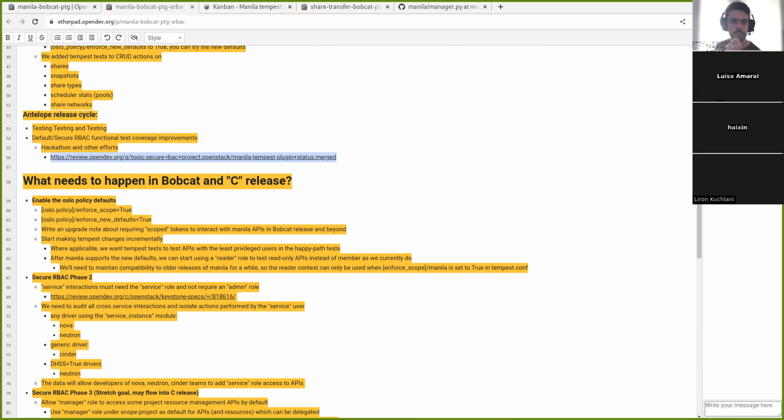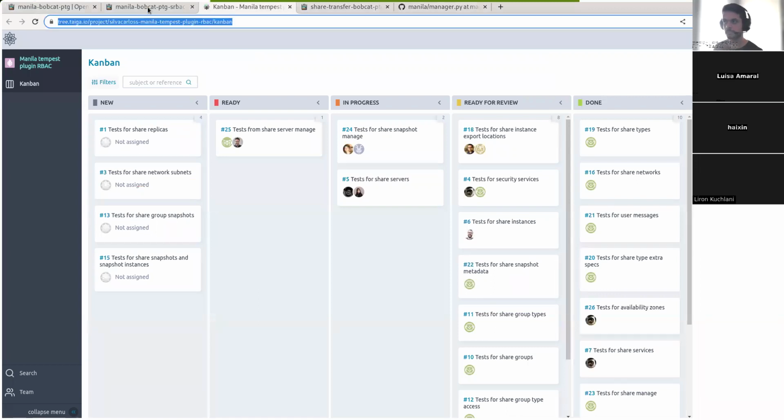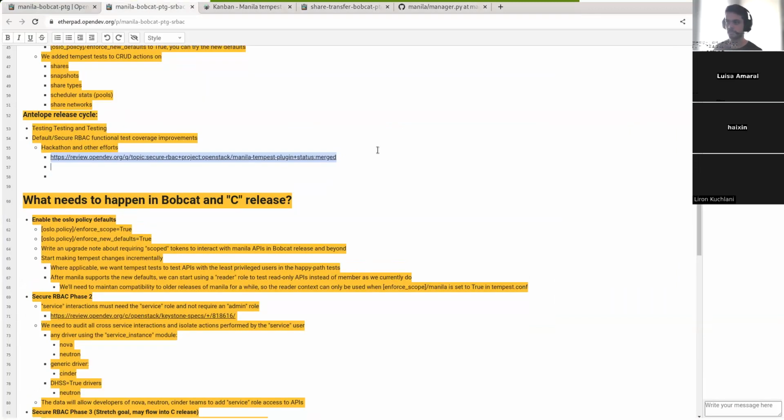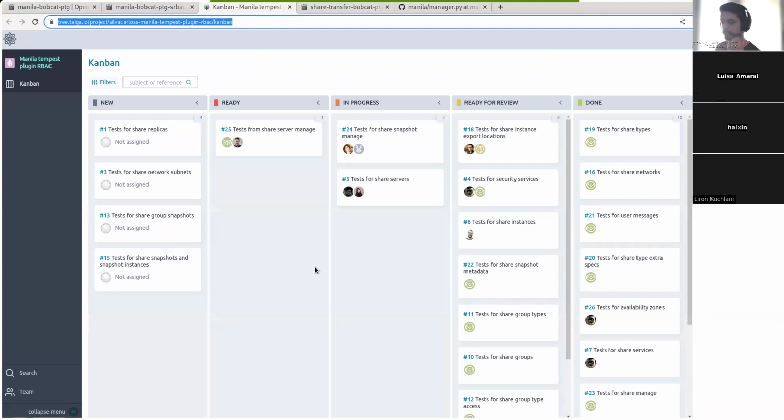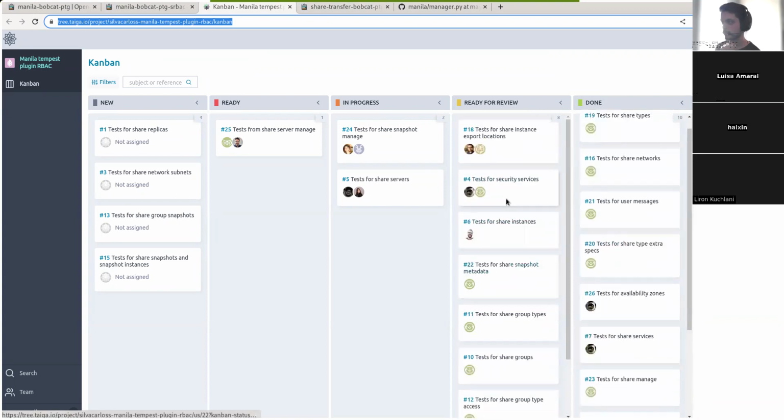I think there was another link to the Taiga board that was tracking this. Just copy that from. And yep, so that's the Taiga board. As you can see, a lot moved to in progress and done and ready for review. So we still have a lot to review and wrap up. As we keep making more API changes and introducing new policies, those probably are not showing up as cards yet on this Taiga board, but they will. And so we're at a much better place than at the beginning of the Antelope cycle in terms of the